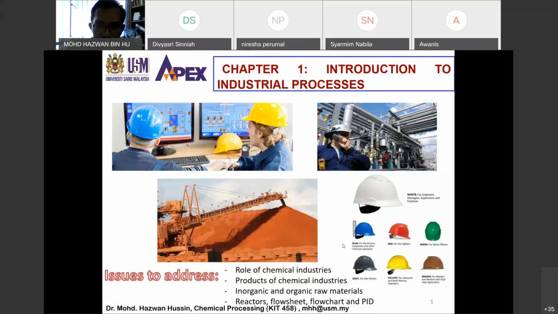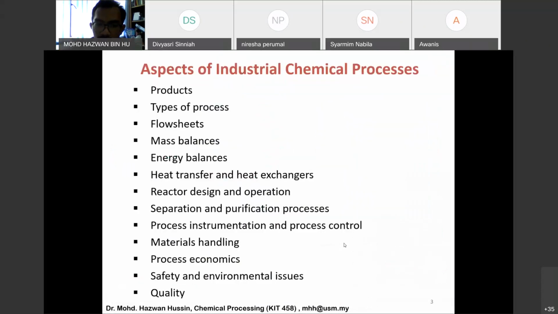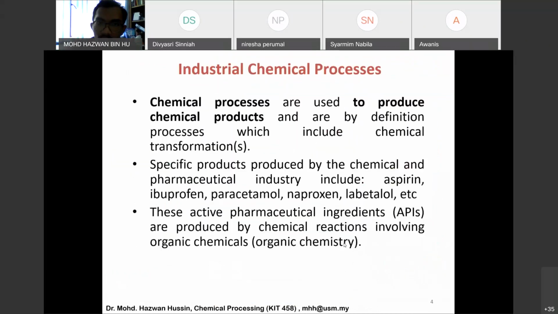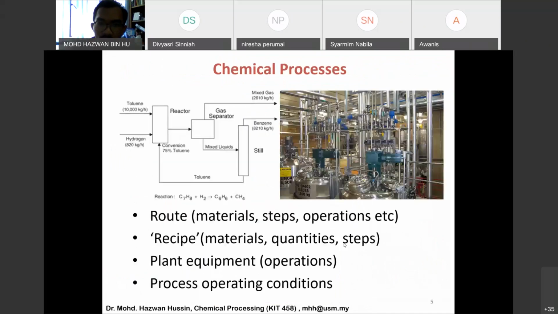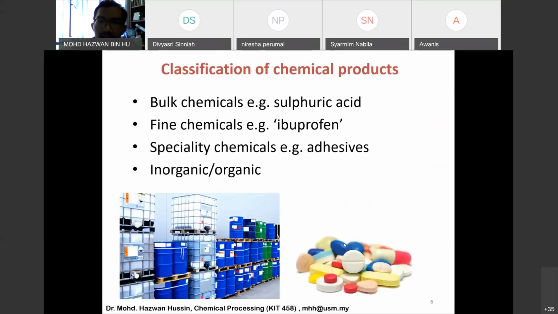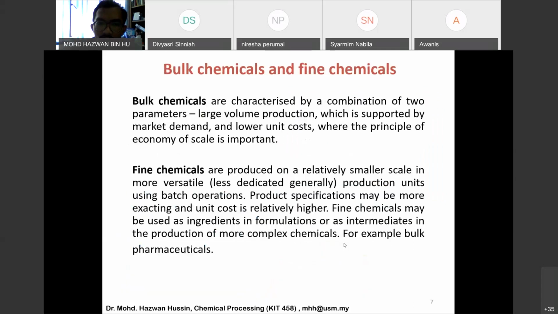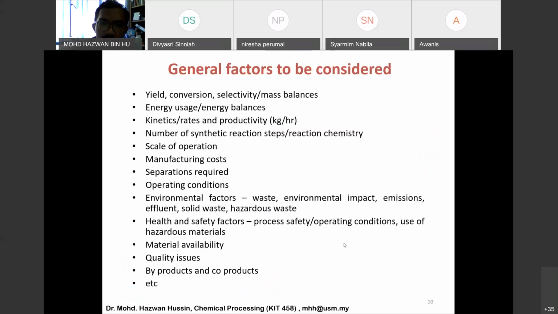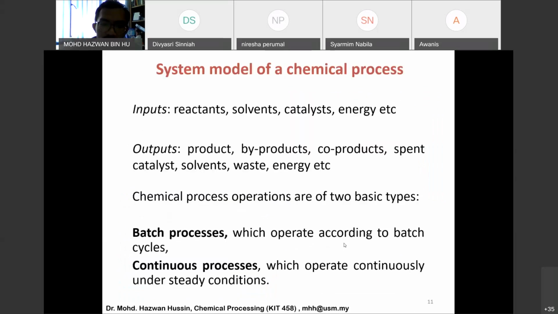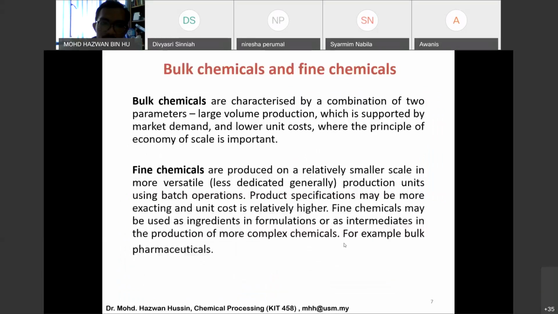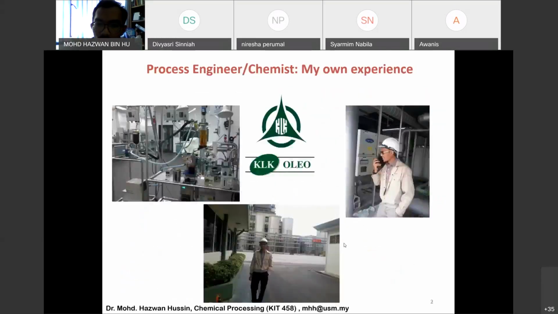I think we have looked at different aspects of industrial chemical processes: the definition of chemical processes, what you need to consider in chemical processes, the classification of chemicals, and the difference between bulk chemicals and fine chemicals, right? We are going to continue with batch processes and continuous processes, but before that, if you notice over here,